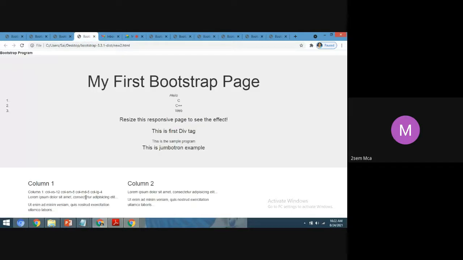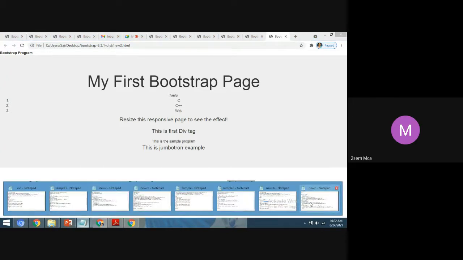But here only two columns were there. Still space was there. So when I included one more column, it is showing in the output.